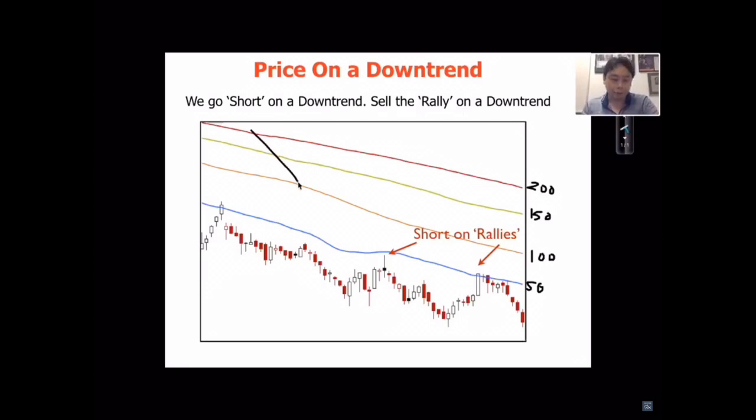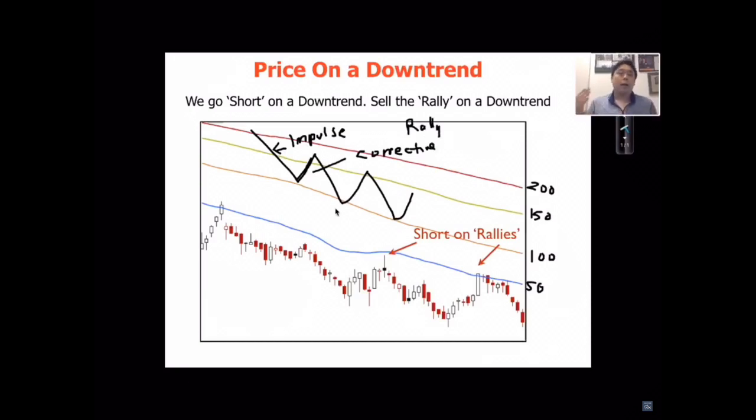It's on an impulse, it rallies, impulse, rallies, impulse, rallies, okay? So let me write that down. This is, again, known as an impulsive wave. So the impulsive wave is the wave in the direction of the trend. So the trend is down, impulsive wave is going down. And then we have what is known as a corrective wave, which is the wave opposite the trend direction. And in the downtrend, the corrective wave is also known as a rally. So you always want to sell the rallies of the downtrend.